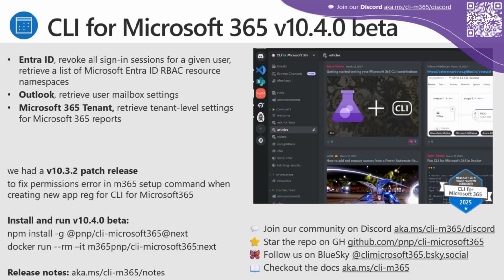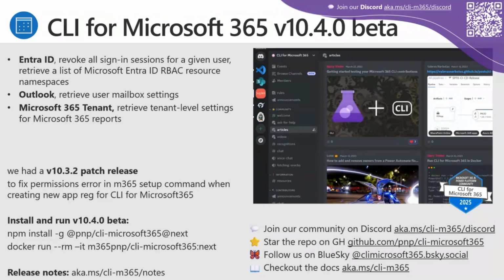So, running through version 10.4 beta at the moment. So, 3 new features appear to have been added. So we got Entra ID, so revoking sign-in sessions for a given user, which is super cool. So you can react to these events if you want to kick out people's sessions.